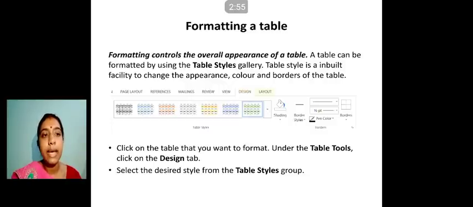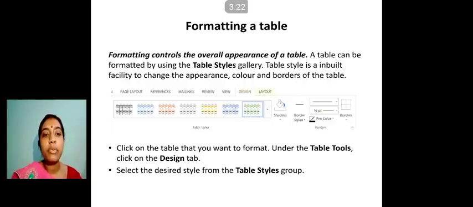Now on this design tab, the ribbon will appear with several options. You can see there is a drop arrow. When you click on that drop arrow, a number of options will be available according to your requirement, according to your wish, or whatever designing pattern you like, that one you can select.